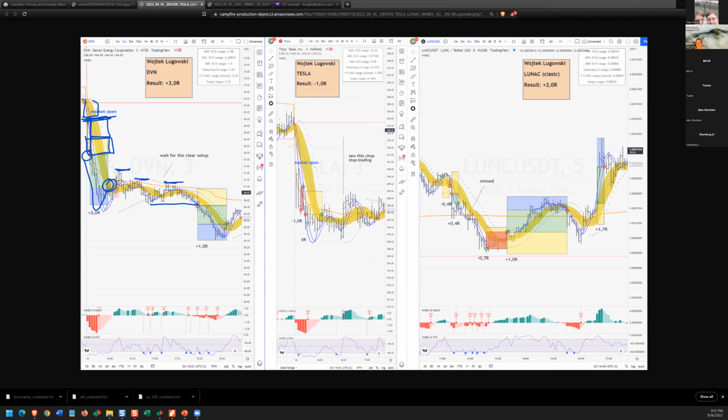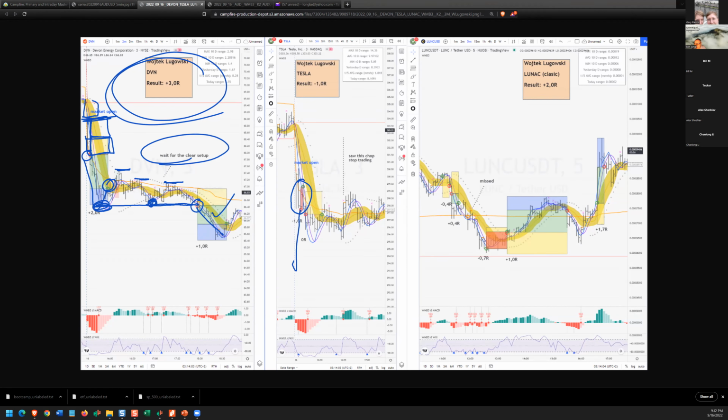Waiting for a clear setup, which is your collapsing dragon. Picks up another one, just like downtown, so plus 3. Tesla, he monkeyed around with it a little bit here, tried to get short. It rebounded. He re-enters short. It scratches, so he says, you know what, too much chop, done. Because then Luna,